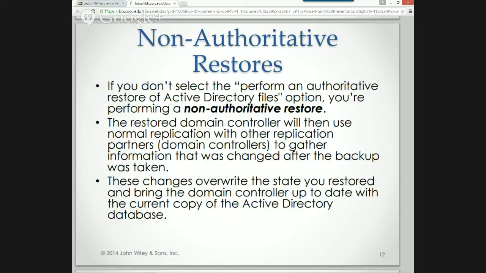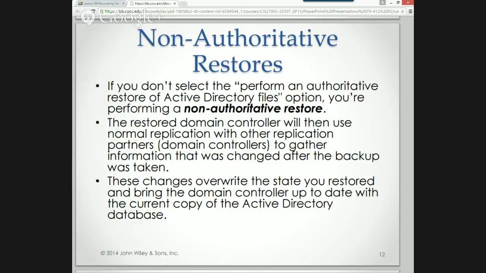Now that works well if what you're trying to restore is not something that's already missing, or that needs to go back. Let me give you an example. Somebody did not back up an object in Active Directory and deleted it. Then some changes happened, whatever the case may be. Now we need to restore that object. And when I restore it, I want to know that I'm restoring it to that point in time, because the changes that were made after that point in time are not what I want it to be.